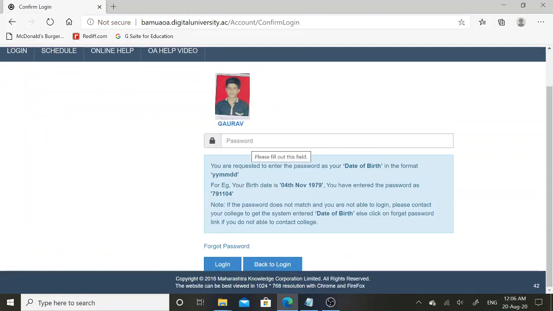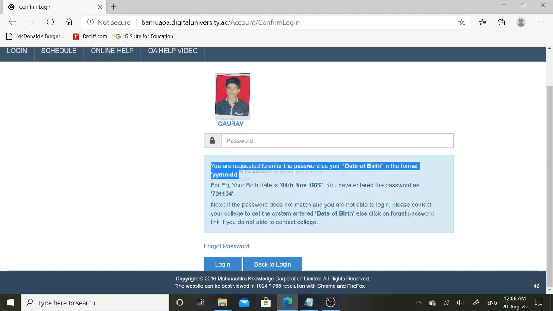In this text field I must enter my password. In order to enter a password, you need to read the password related information carefully. Here it is mentioned that you are requested to enter the password as your date of birth in the format